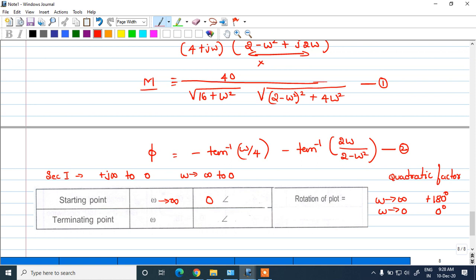Okay, so now based on this, tell me the total angle here. What will be the angle? Minus 270. Yes, minus 270. So perfect, because this will yield you 90 degree and this will yield you 180 degree. So minus 90 minus 180, it will be minus 270 degree. So perfect. So let us come to the next.